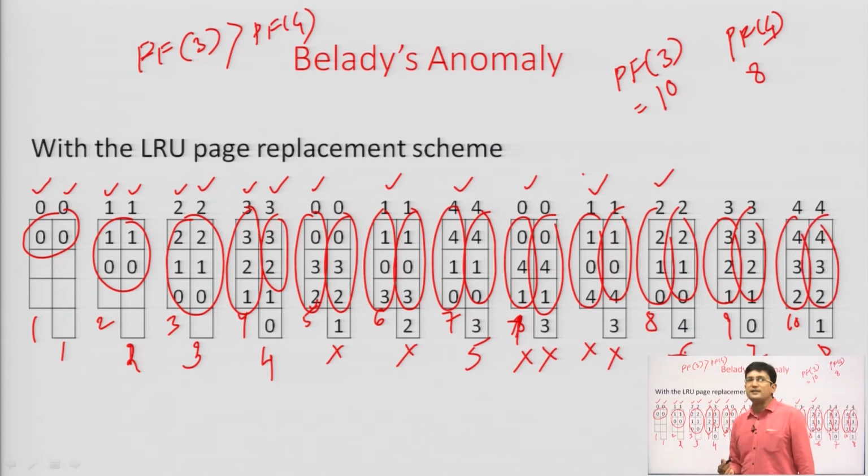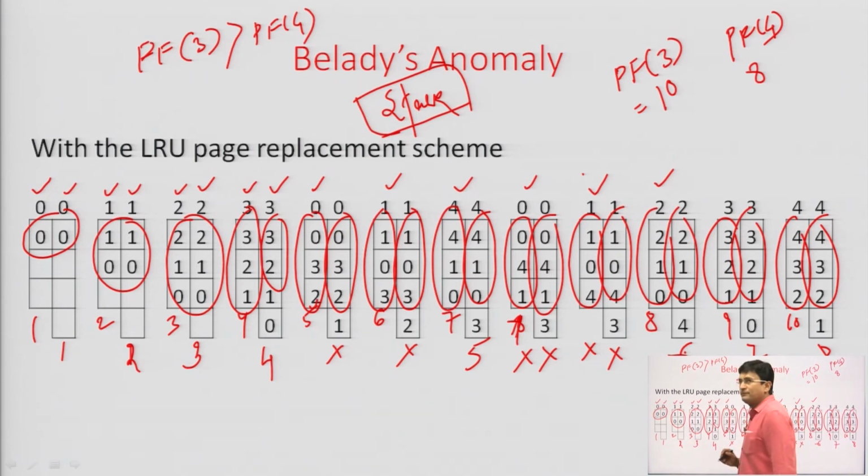So here clearly you can see that those pages which are present in the 3 frames are present in the 4 frames as well. It means this scheme is following the stack property. So whichever scheme follows the stack property, Belady's anomaly will not affect it. Okay, it means for those which follow the stack property, if you increase the number of the frames, then the number of page faults decreases. Okay, now there are some of the schemes in which Belady's anomaly happens, or you can say that those do not follow the stack property.